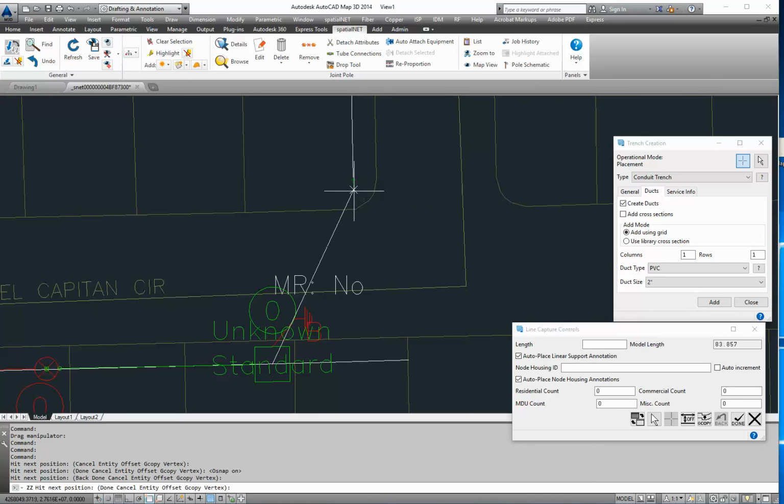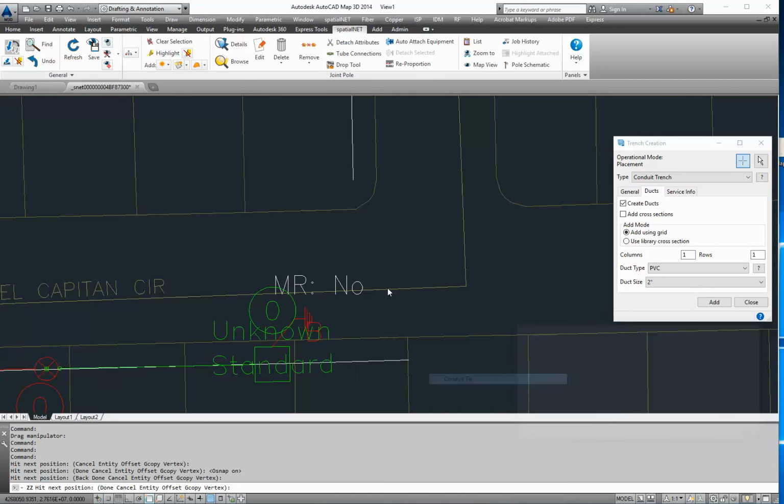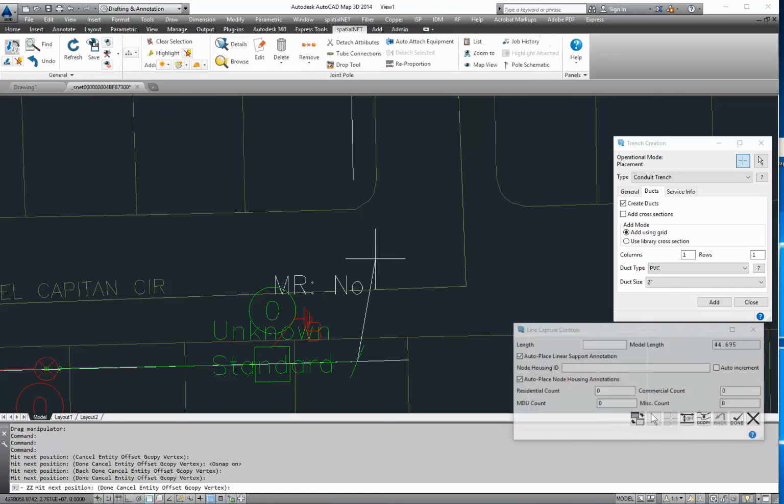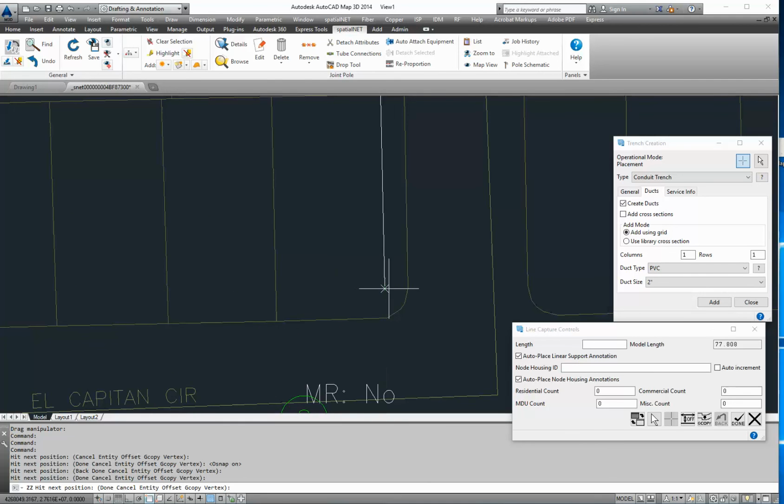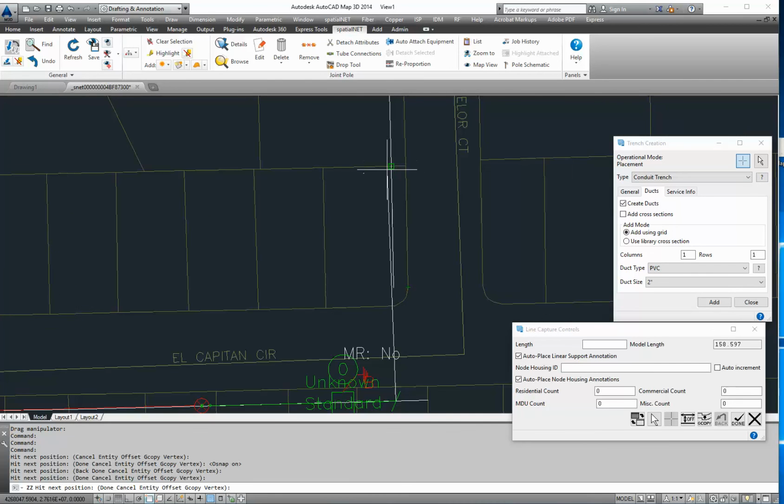What I want to do is find this spot right there. I'm going to right click, underground, conduit tick. Now, had I not added those ducts, we would get an error from Spatial Net there, which is why I added those ducts. Okay, so now we're going to continue on, which should give us a nice linear draft line